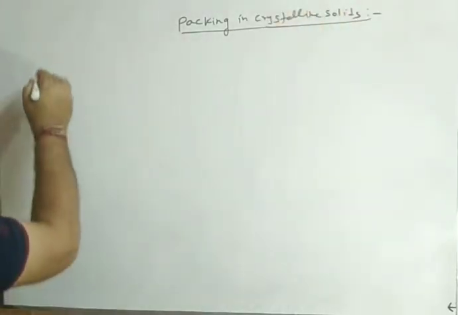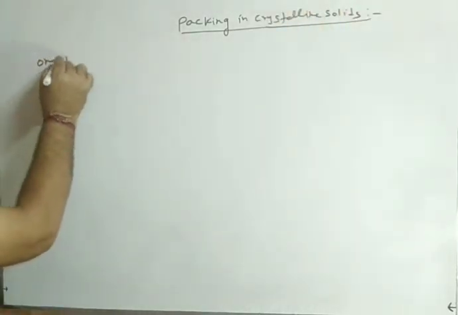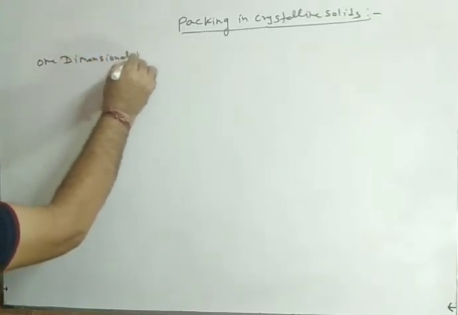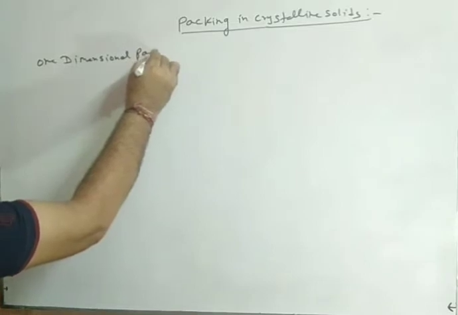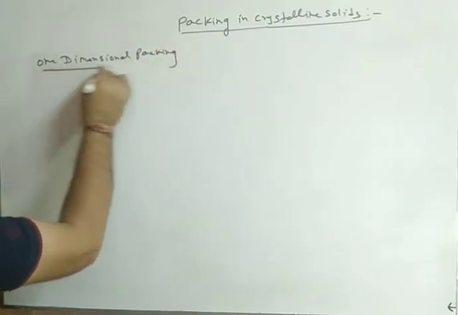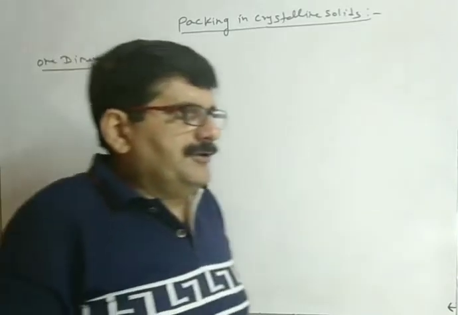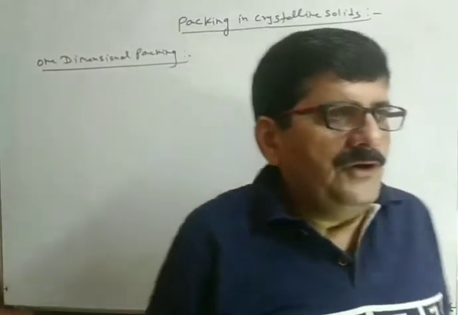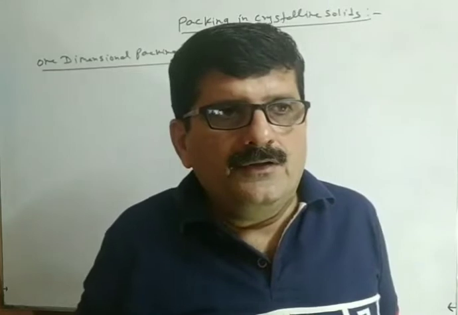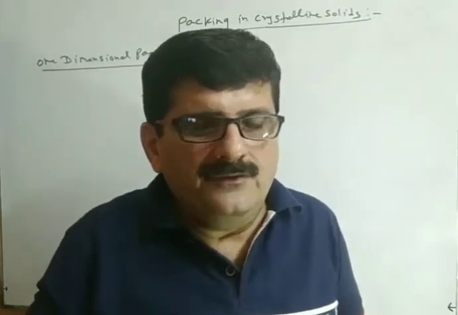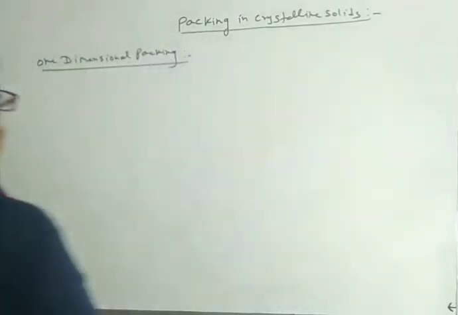First we start with one-dimensional packing. In one-dimensional packing, only one axis is possible and the arrangement of atoms within a molecule is in such a way,